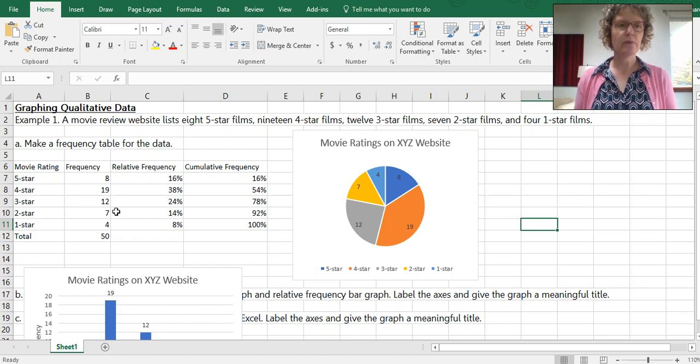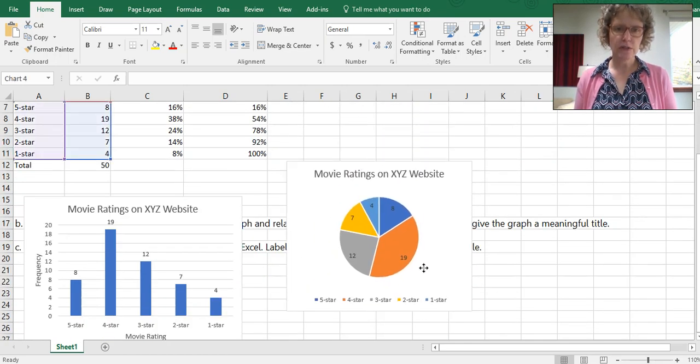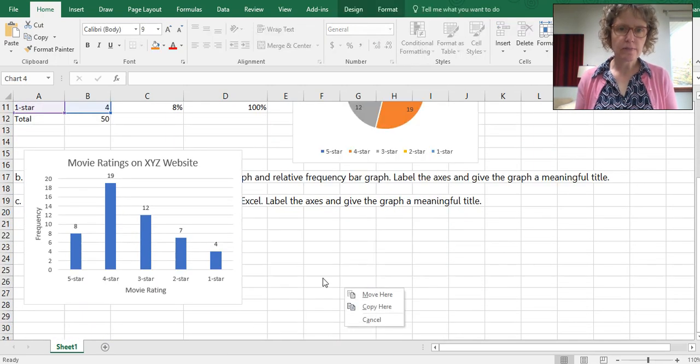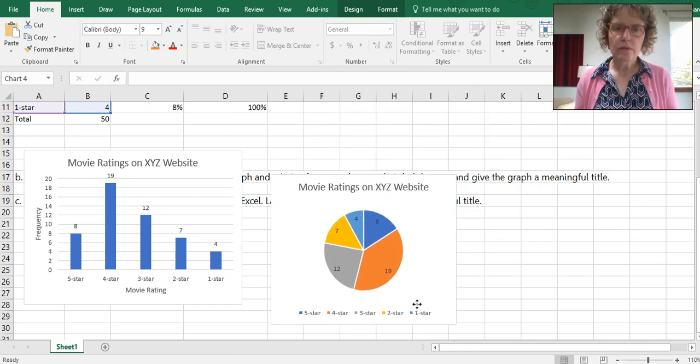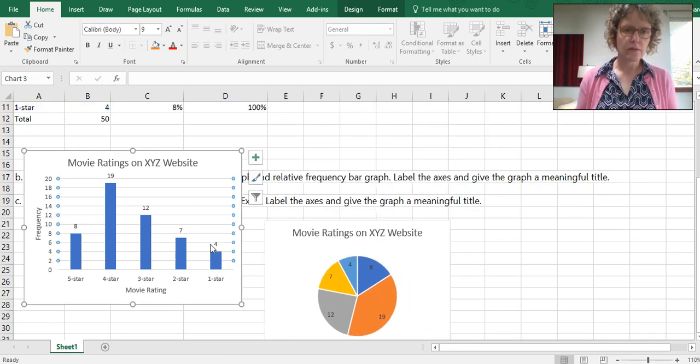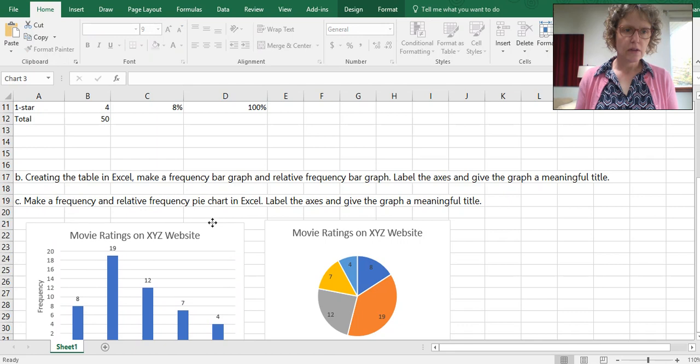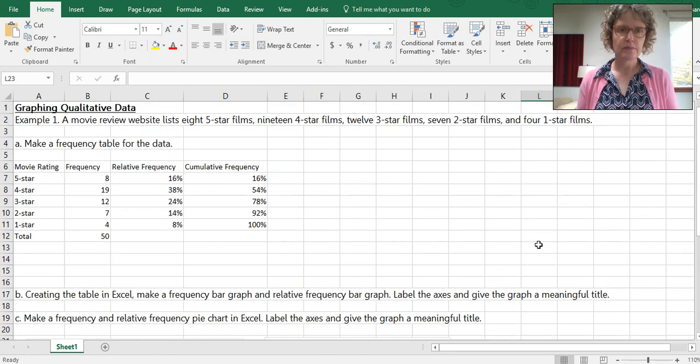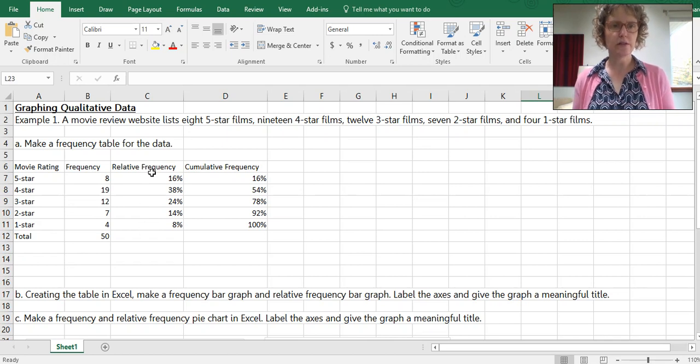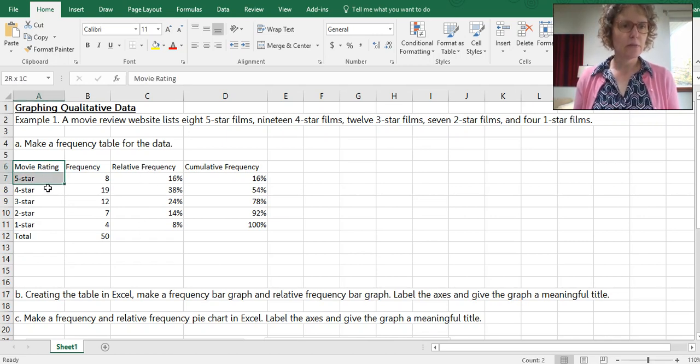But notice we've only used the frequencies so far. We haven't used the relative frequency. So let's move these two down here. Those two down there, and we're going to go back and do a bar chart again, but we want to do the relative frequency. So I'm going to highlight this column, and here's a trick.